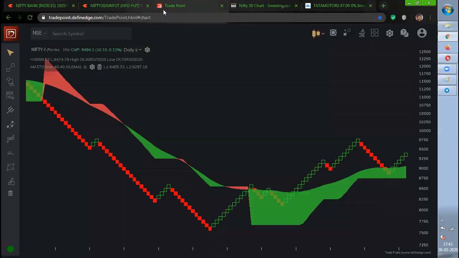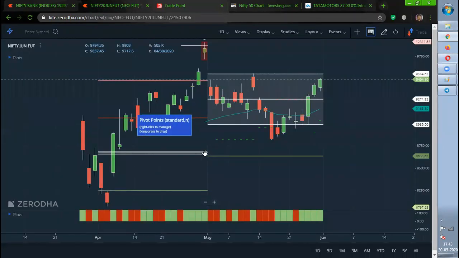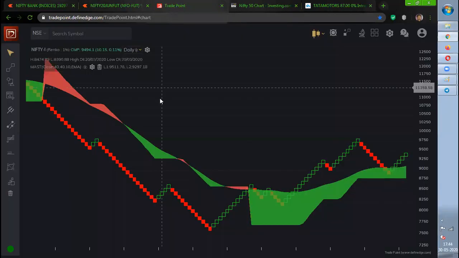This is the Nifty chart and this is the Renko chart, daily. The basic difference is, in the Nifty chart, even a 0.1% move will give you an update, so you will have wicks. In a candlestick pattern, you will have a lot of noise. In Renko, you will have only blocks.